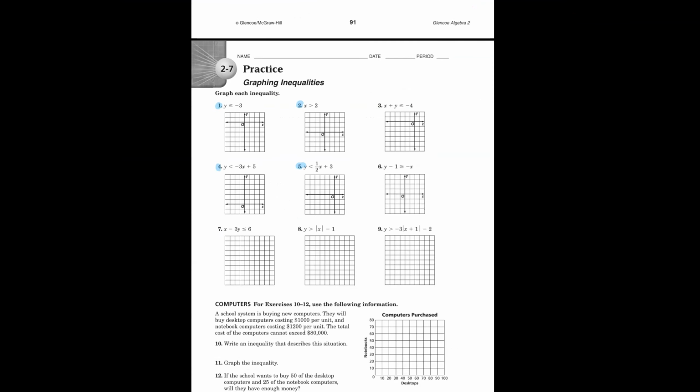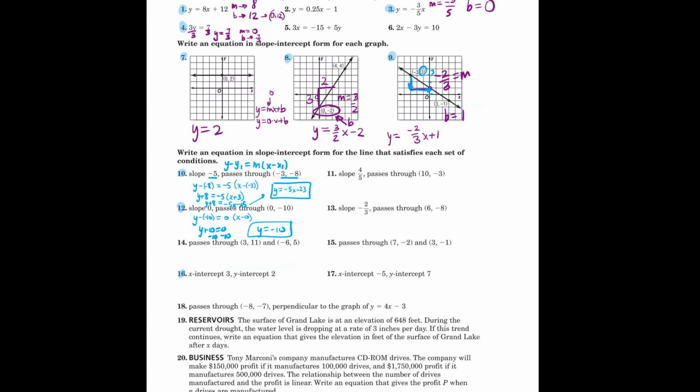Let me see which other ones I wanted to do. What do you do for like 6? So there's only